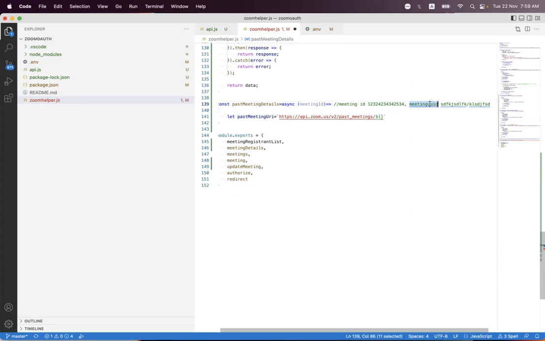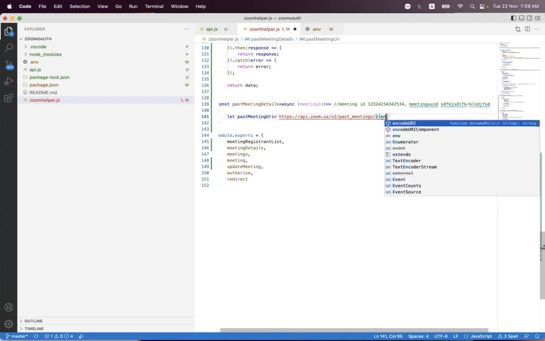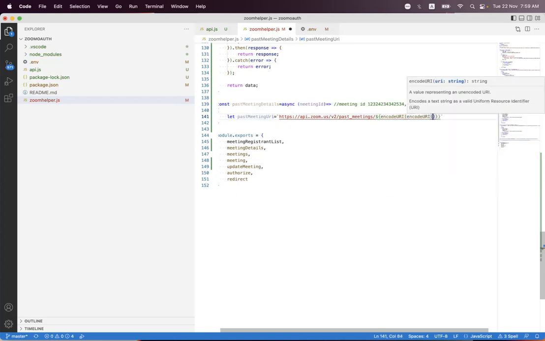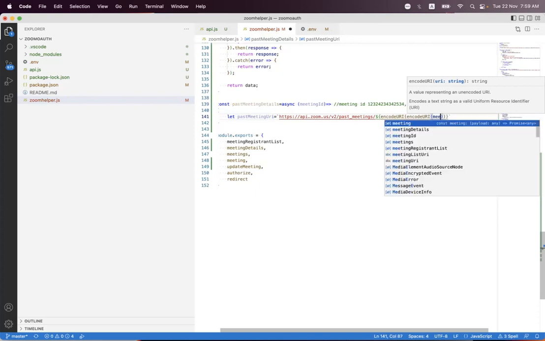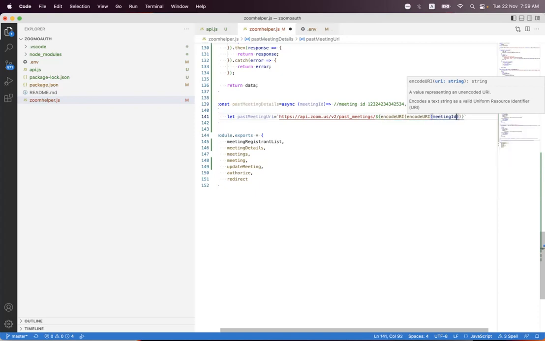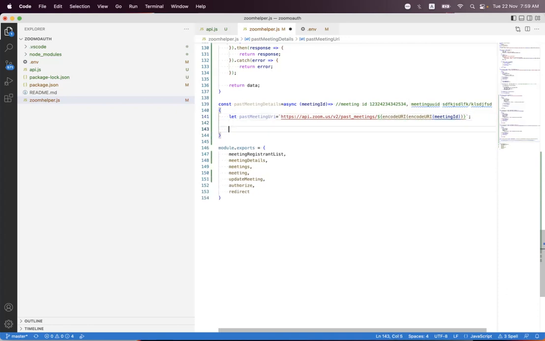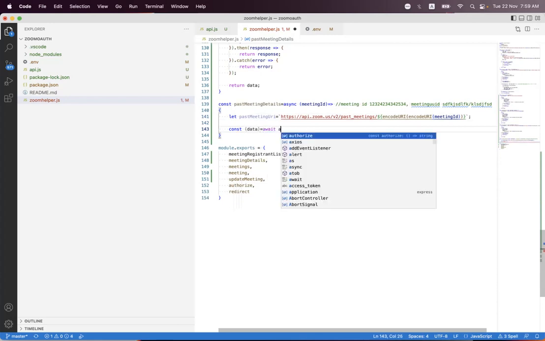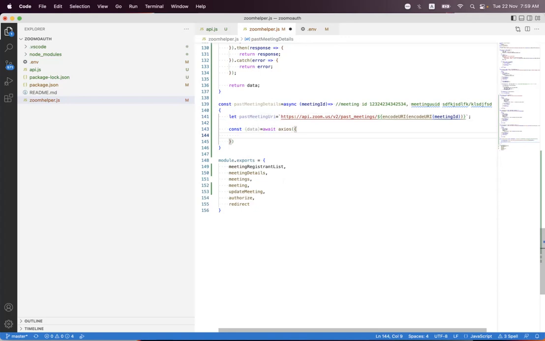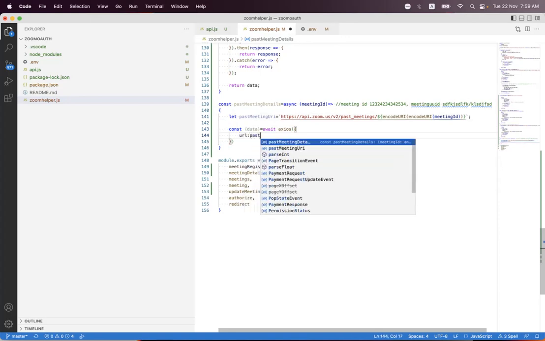If we are enabling both of these features, getting the past meeting details by the meeting ID or meeting UUID, we must encode the meeting UUID, because you can see here in my example we have a slash inside it. So we must double encode that. We use encodeURI and pass the meeting ID. Now we say const data, and we say await axios, and URL will be the past meeting URI,